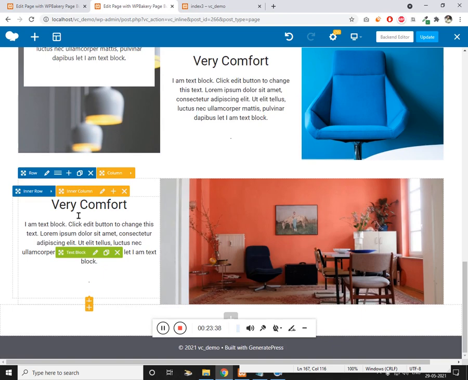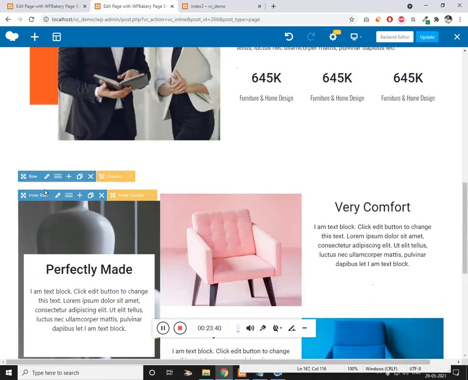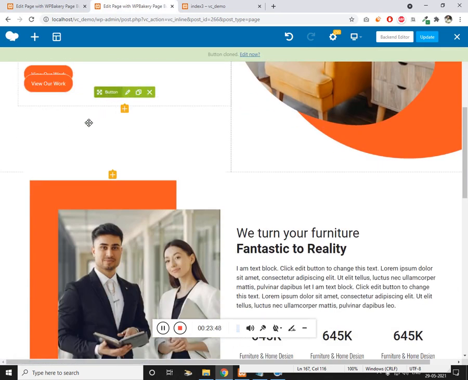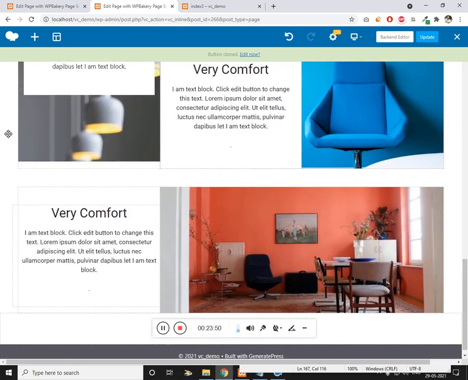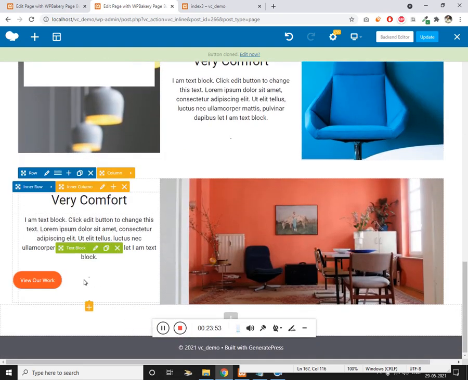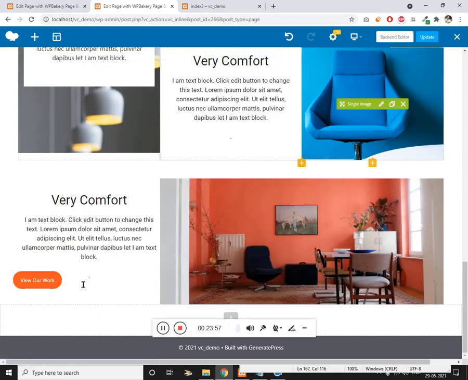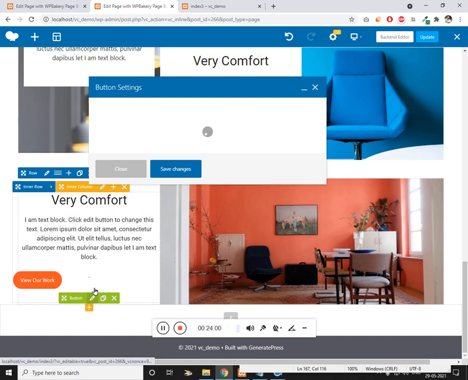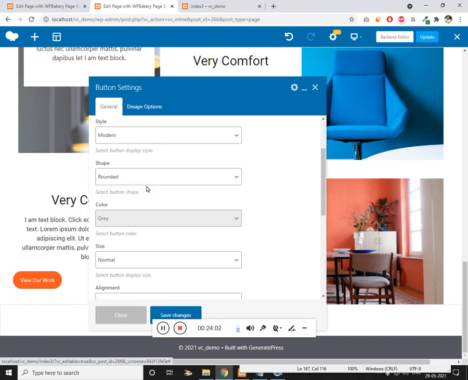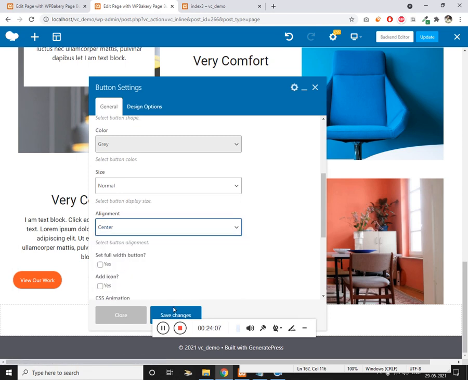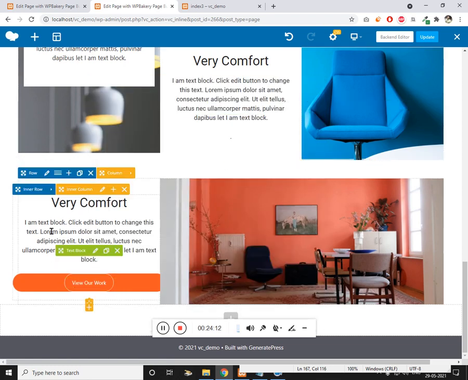And finally we need a button, so we can get this button from here. Get a copy of this, just alt and drag this and place it here, and we need this to be at the center, so select the button and give the text align center. Click on save changes. There seems to be a problem.